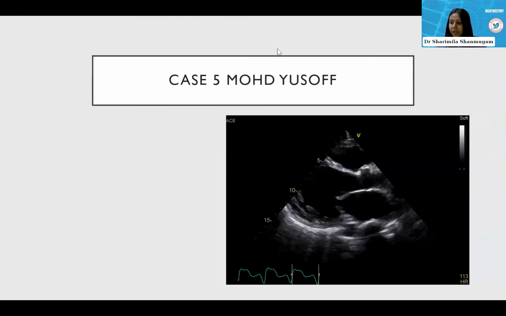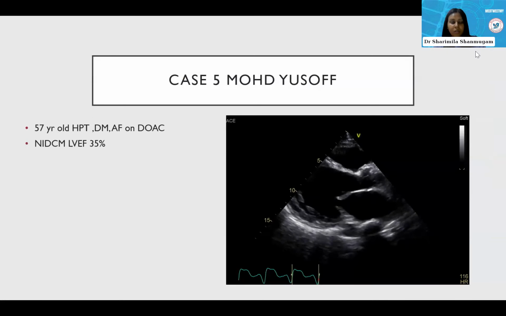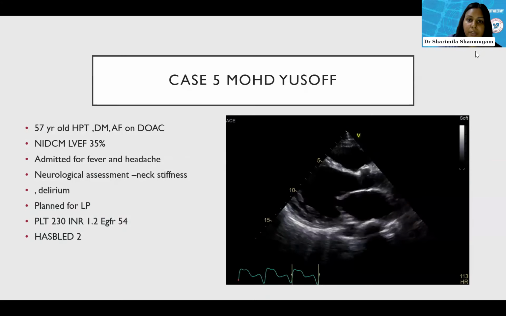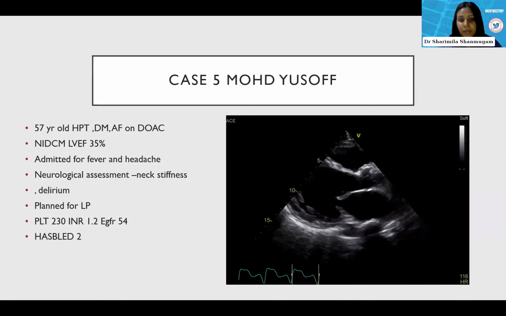Last but not least, one case that I want to discuss, I think this one I actually put up last minute. It's Muhammad Yusuf. Actually, it's a call. I just got a call during my on-call. I did not get a formal referral, but this patient is 57 years old, with hypertension, diabetes, atrial fibrillation on oral anticoagulation therapy. Already a patient of ours in IJN, non-ischemic dilated cardiomyopathy, ejection fraction is 35%. So very unfortunate, this young man was admitted to the